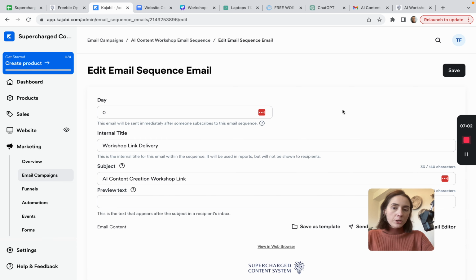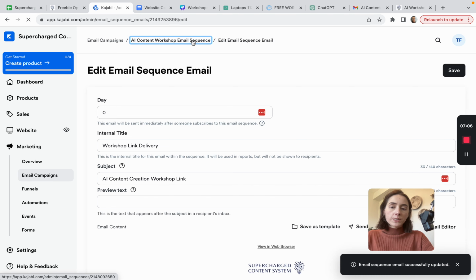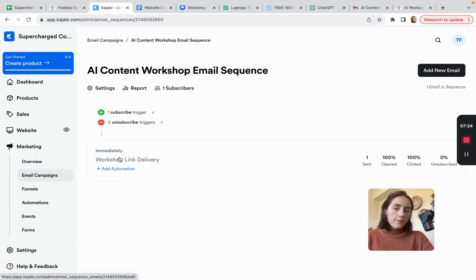The last thing I wanted to show you before we wrap up is how to add more emails into your sequence. As of right now, we only have one email that will be sent to our customer once they opt in to receive a freebie, but we can add as many emails as we want to this sequence. If we have any nurture type content that we think somebody who watched this workshop or downloaded the guide might benefit from, we will just click on add new email,